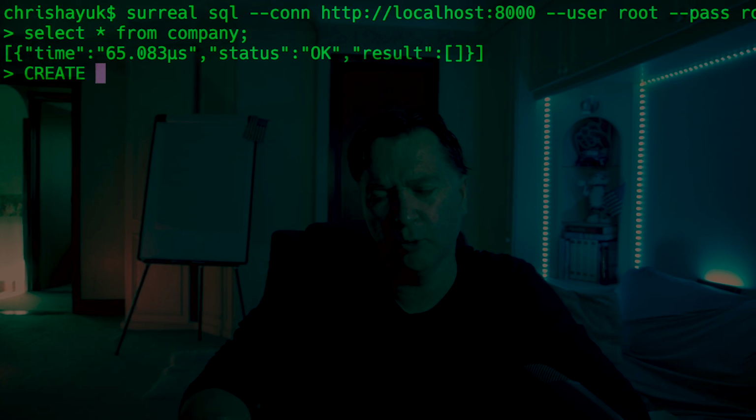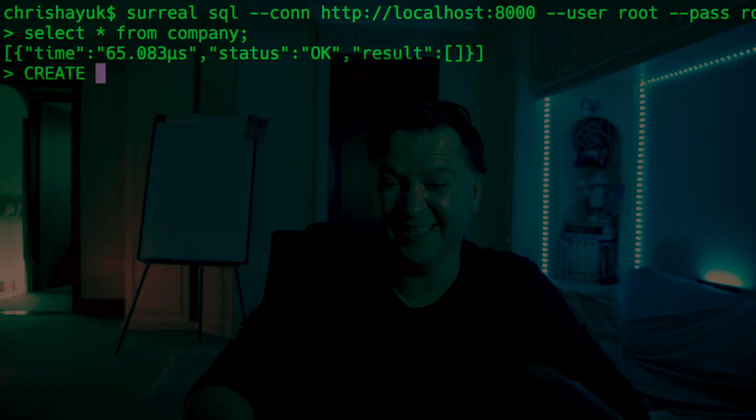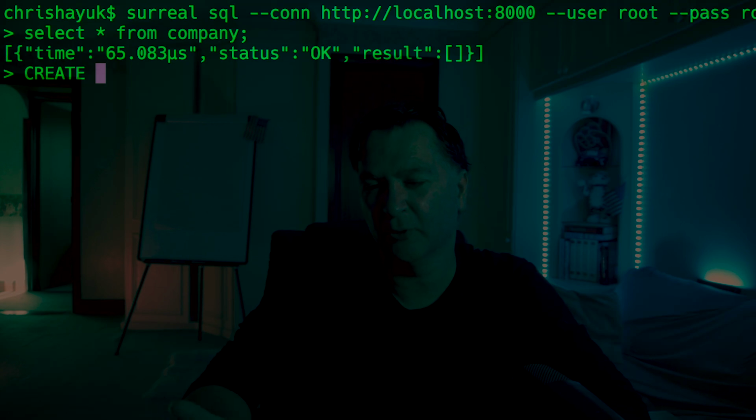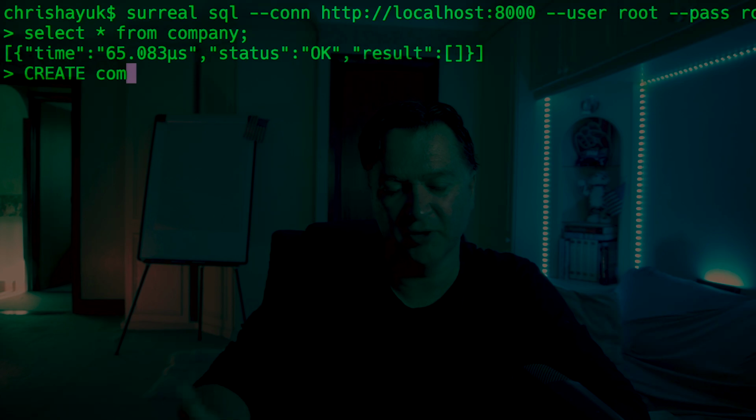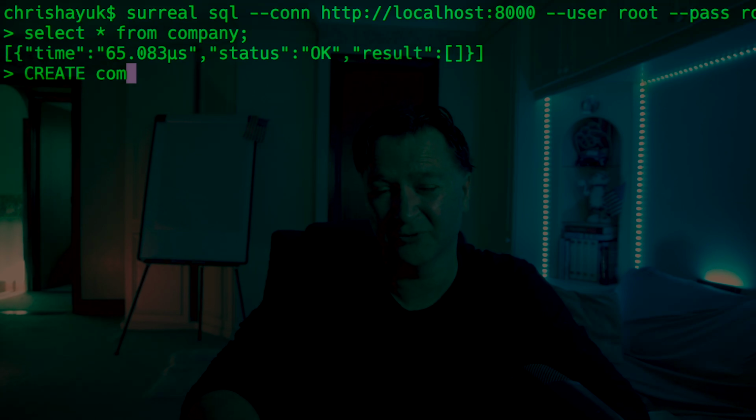And how it works with SurrealDB is when I'm creating a row, I need to specify the identifier for the row, and then I need to specify the table name. So in this case, I'm going to have a company table, and I'm going to create row 100. As you can see, it supports a schemaless format, so I can just create these on the fly. Now, it does support a schemaed format where you can specify the column types, blah, blah, blah. I'm not going to go through that today because I think the schemaless one is really great for getting started, but let's show that.